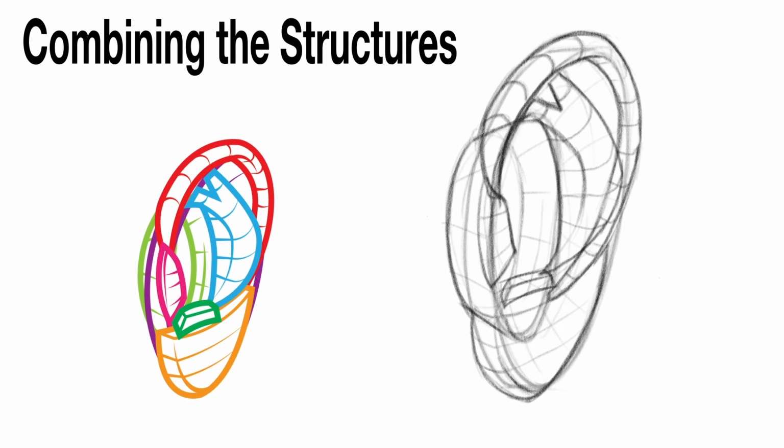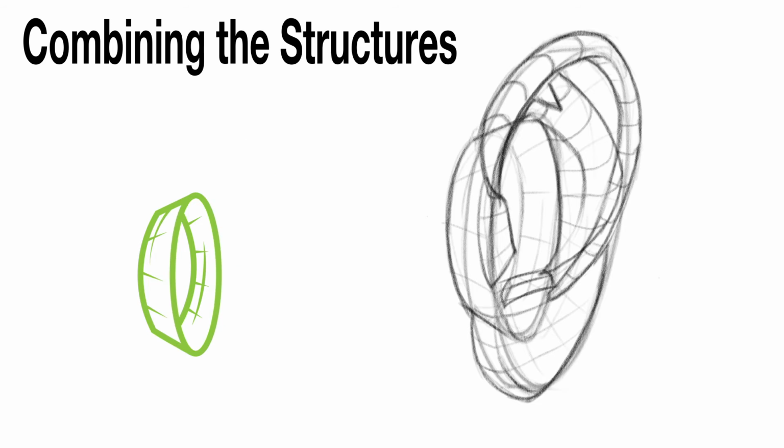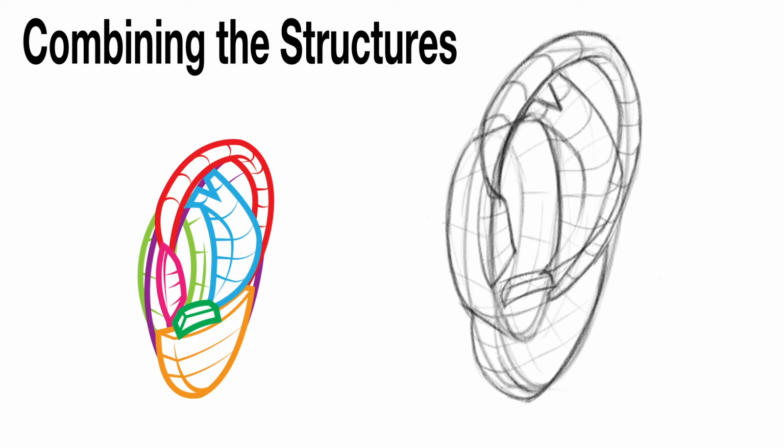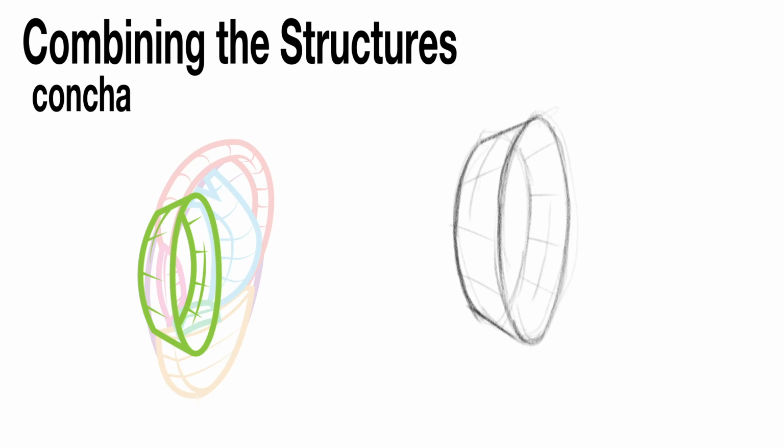We'll use this example to see how the forms come together by building an ear up from the base of the head. To do that, we'll start with the concha. Here I've drawn the shape of the concha as a bowl to set up where the rest of the forms of the ear will go. If this was part of a larger drawing, I'd use this shape to place the ear on the head.